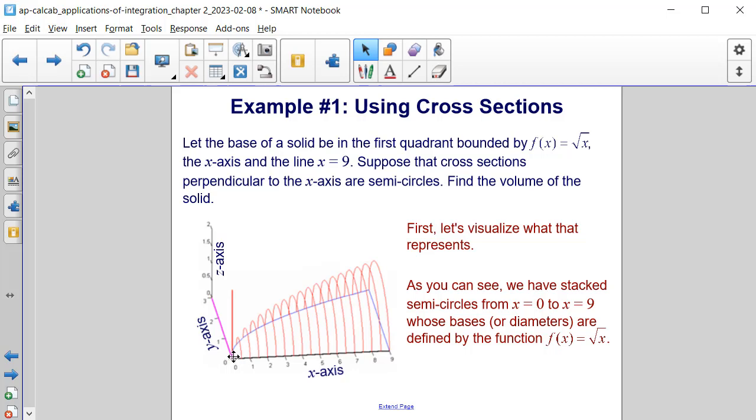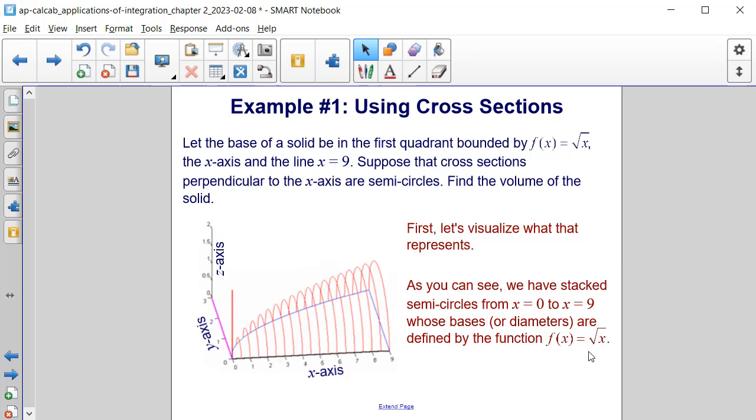So we have the square root function on the xy axis, or on your desk, basically. And then we're making semicircles pop out of the desk. And we have stacked semicircles from x equals 0 to x equals 9,